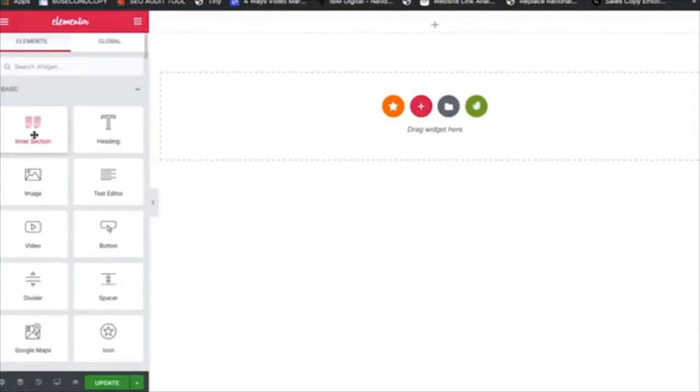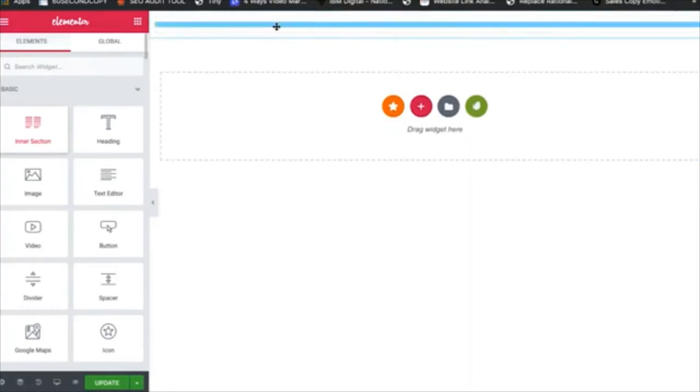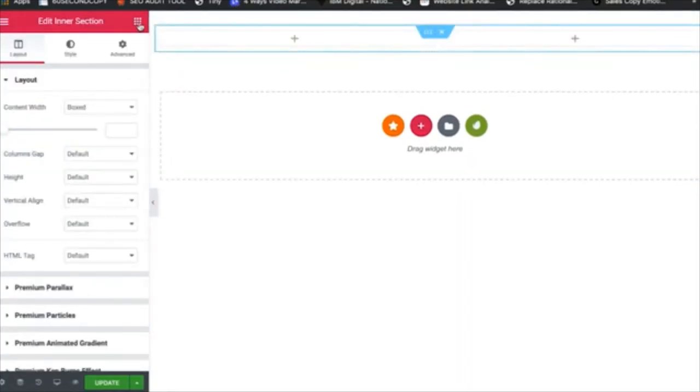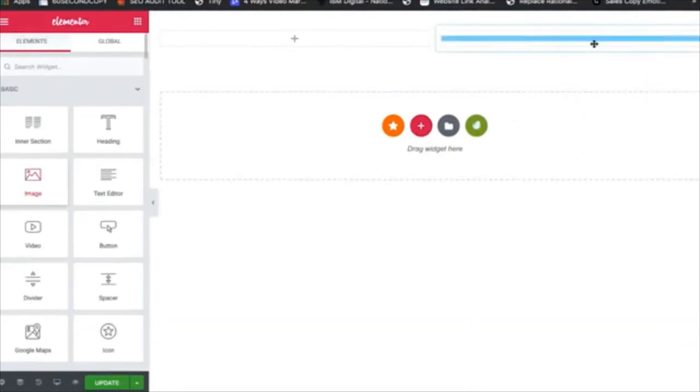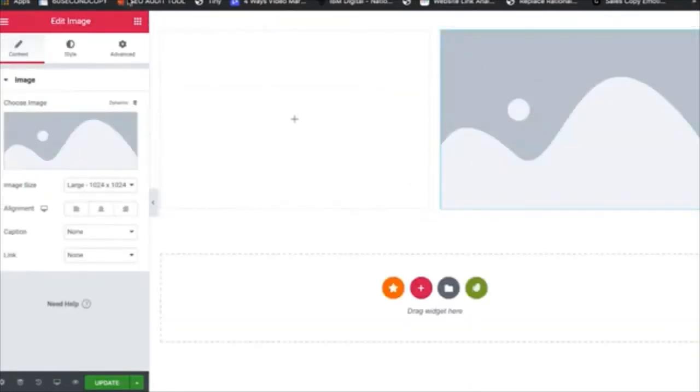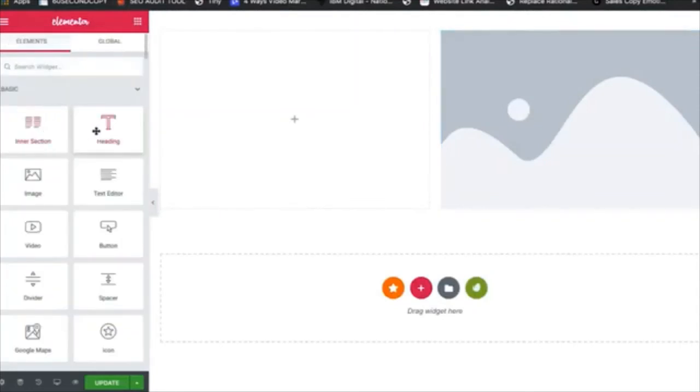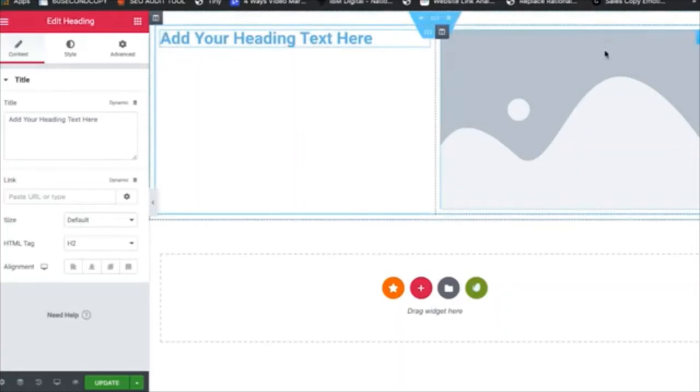So I actually want to add two inner sections into this section because I want one side to have text while the other side will have the image element. So I'll quickly drop the image element on the right side and then drop some text elements on the left side, right? So let's go ahead, and the first thing we'll do is change the whole color